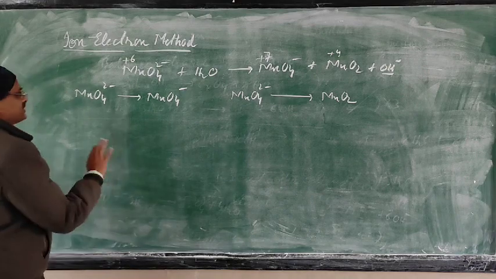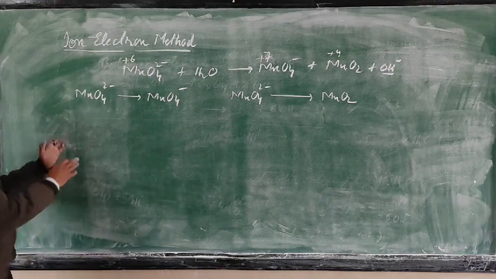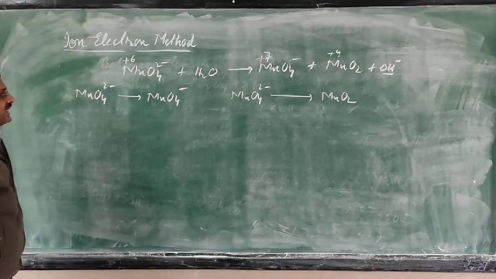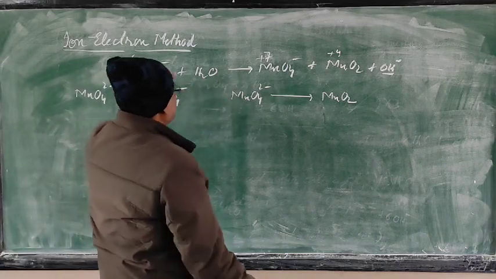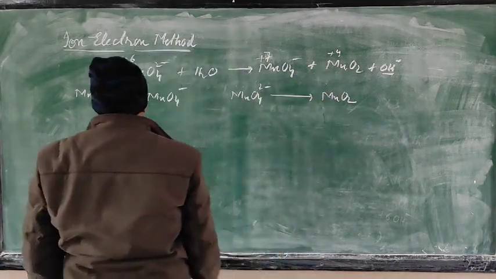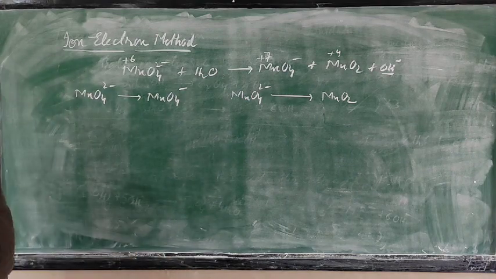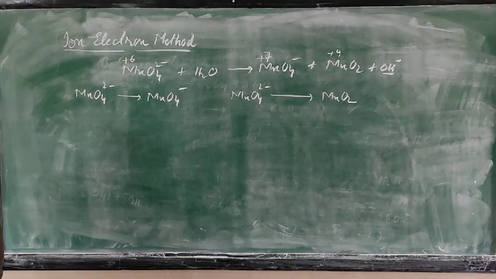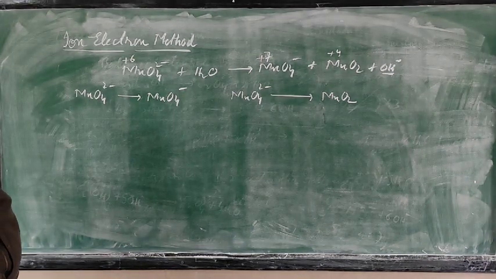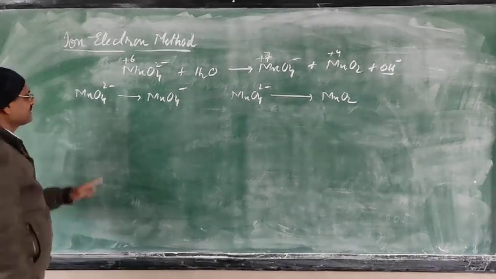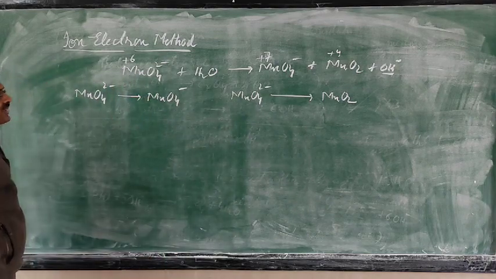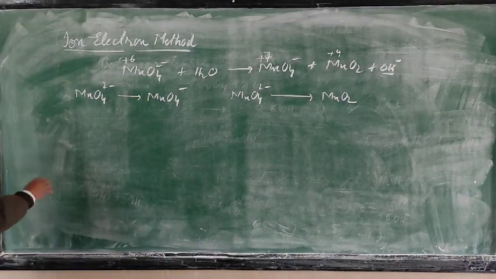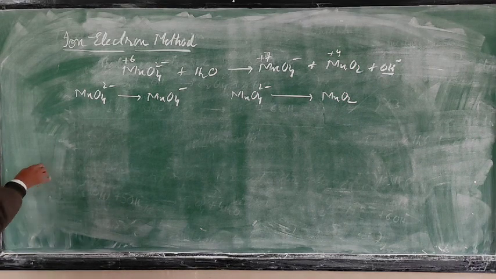By this way, if such situation is coming in equation, so that you can write 2 times. It is up to you. You can write any times, but here we need 2 times because one we compare with this one and one we compare with that. So now this equation is split into 2 equations, oxidation and reduction. Now we can proceed. So balance all the atoms except hydrogen and oxygen. So already Mn 1, Mn 1, Mn 1, Mn 1. That is balanced.